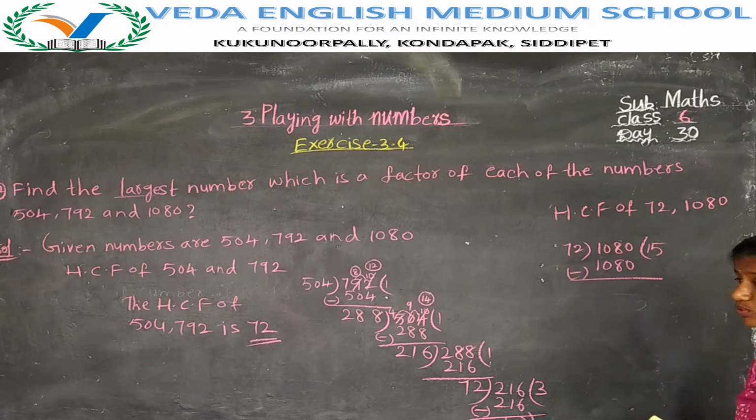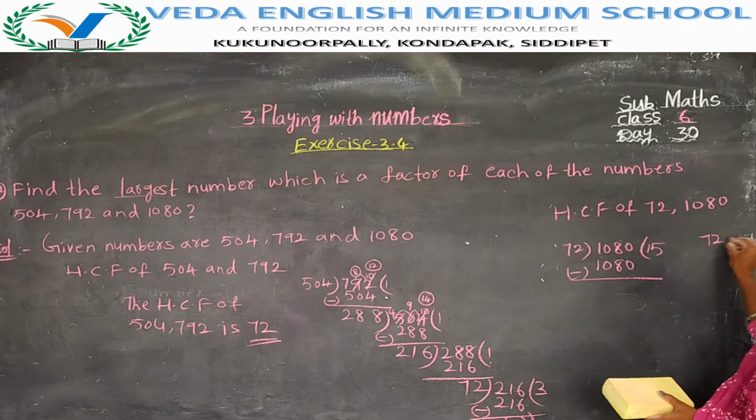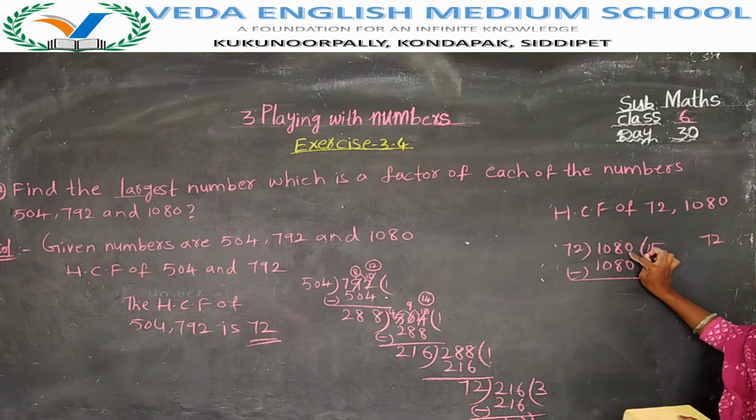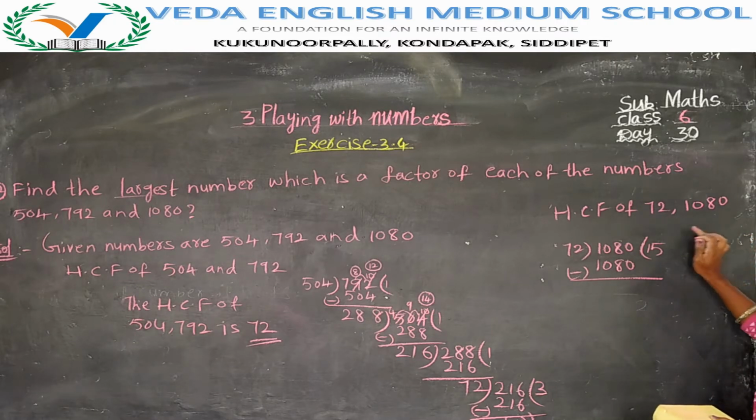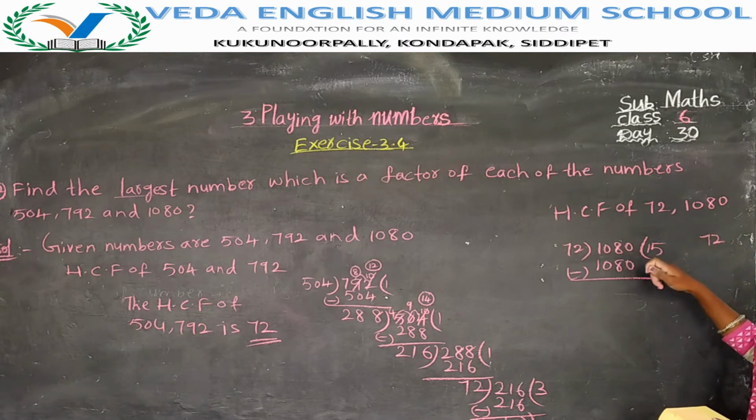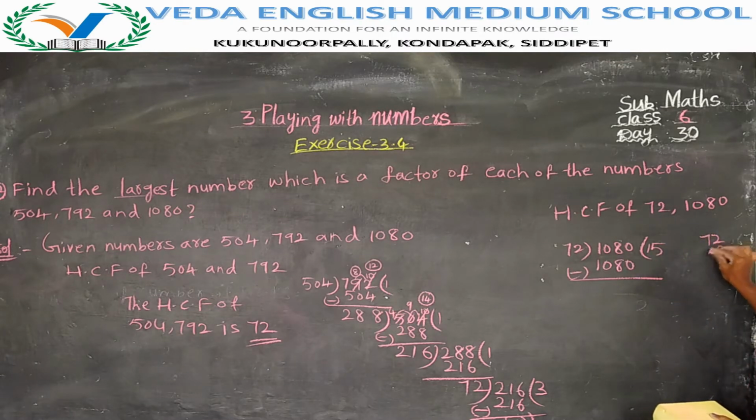Look how directly I am saying it. Here, what is the last number? 0. Now you have to remember one thing. By which number do we have to multiply 2 to get the ones place number as 0? 2 zeros are 0. If you multiply with 0, then you get 0 only.